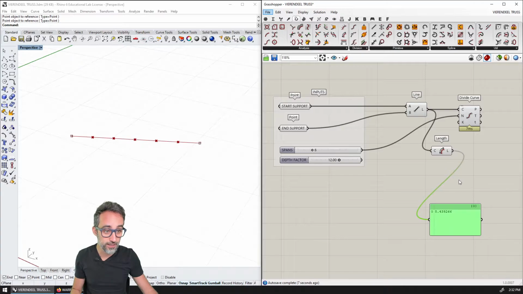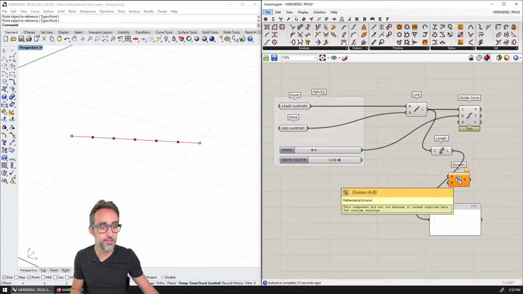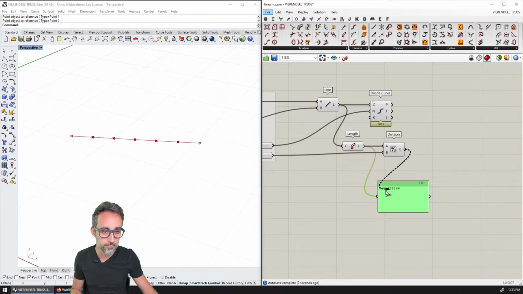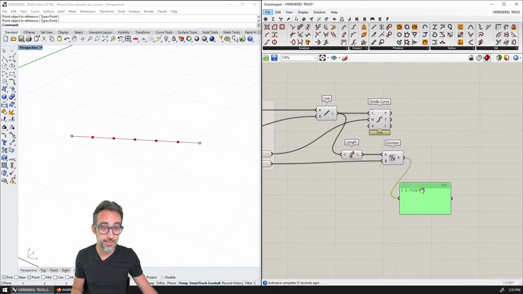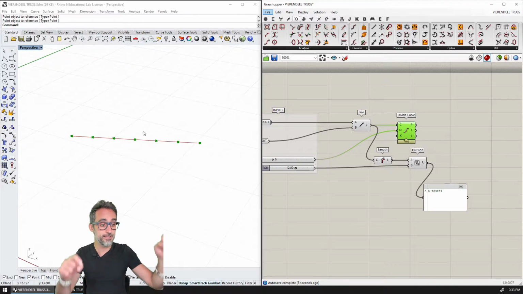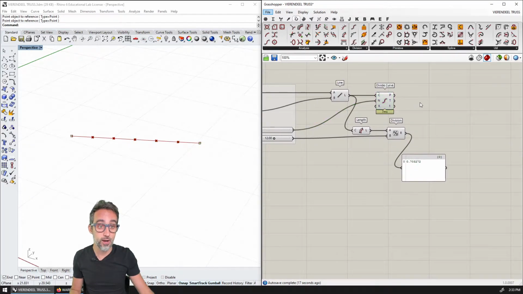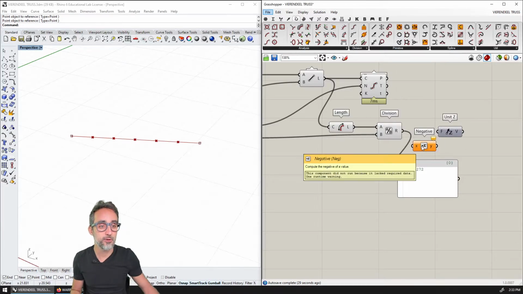I'm going to divide that by division. What is division? I'm going to divide that by the factor, and that will give me a number, for example, 0.70. Okay, and then after that, what I can do is move all those points down in the C direction a controlled amount. How much? That depth that I have just calculated here. So I'm going to create a unit C vector that I'm going to multiply by minus, oops, so I'm going to negate, I'm going to make this number negative.